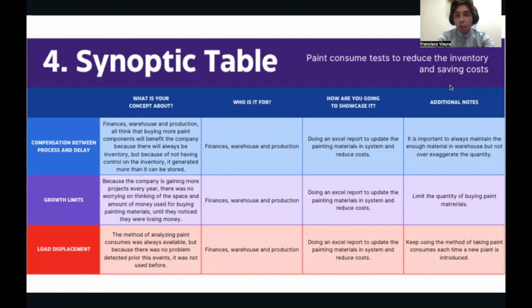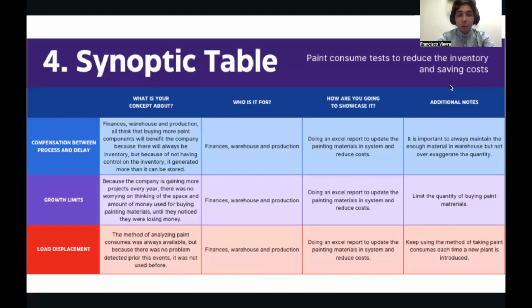How are you going to showcase it? Well, by doing an Excel report to update the painting materials in the system and reduce costs. An additional note is that it is important to always maintain enough material in the warehouse, but not to exaggerate the quantity. The other term is about growth limits, in which this concept applies to my problem, because the